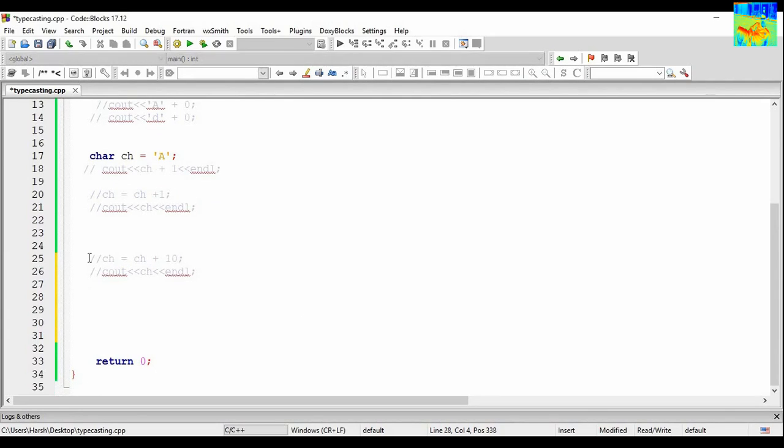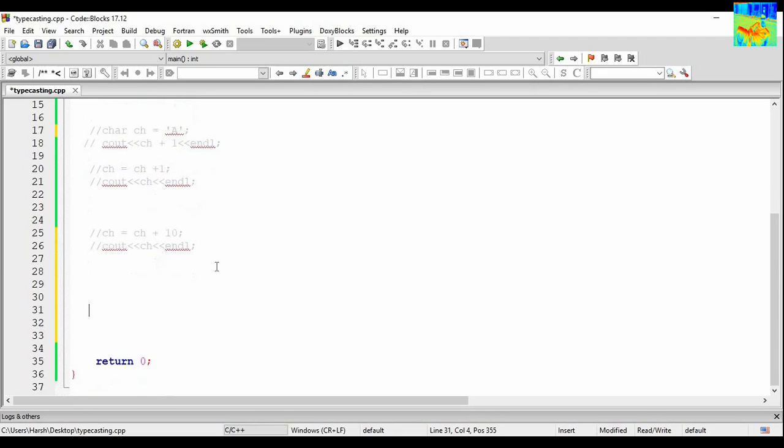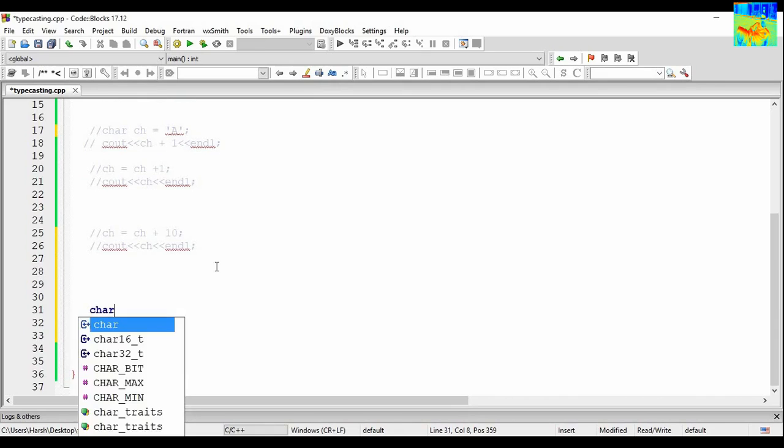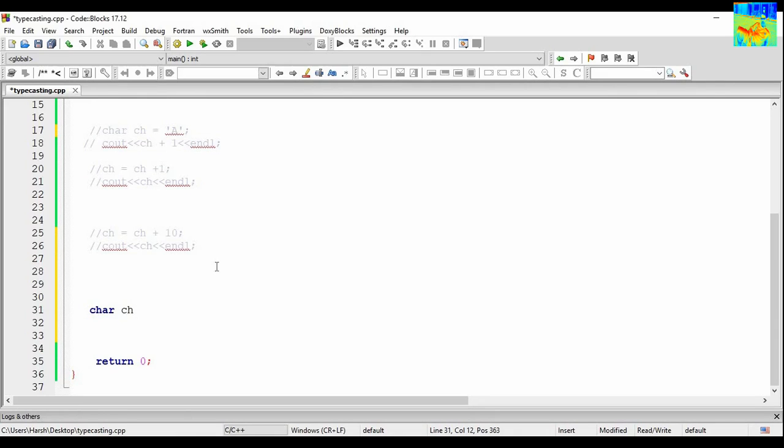So for explicit typecasting, let's comment it out also. For example, you have char ch equals character A. Suppose you want to convert this character into integer.